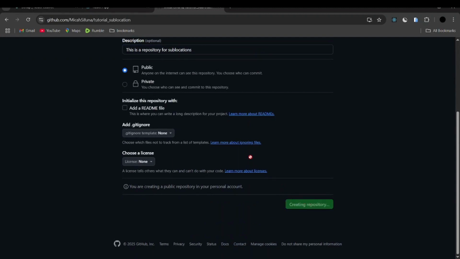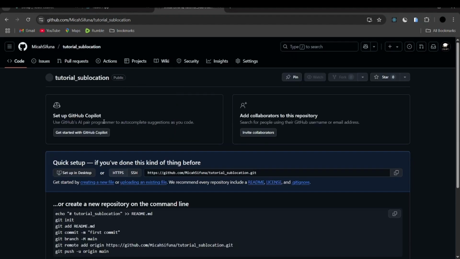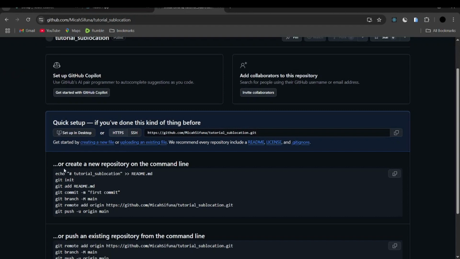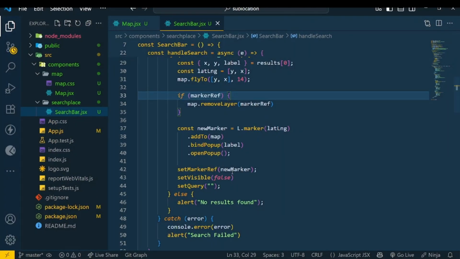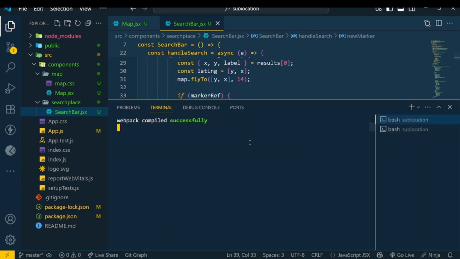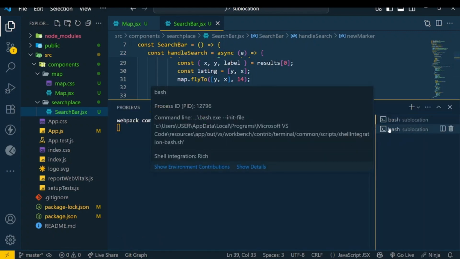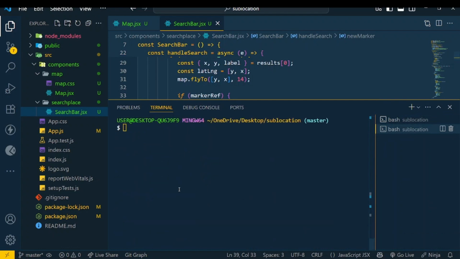So this way we can create a new repository, and after that you can see we have our GitHub commands which we are going to use to initialize our repo, add the code, and then commit our changes to the GitHub repository. So the first thing is to say git init. So I go here and open the terminal and say git init,